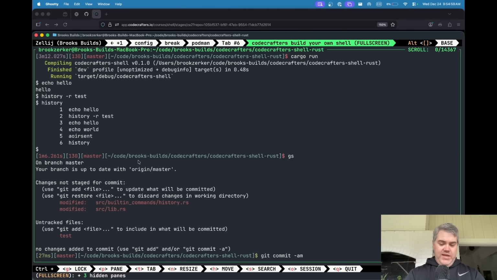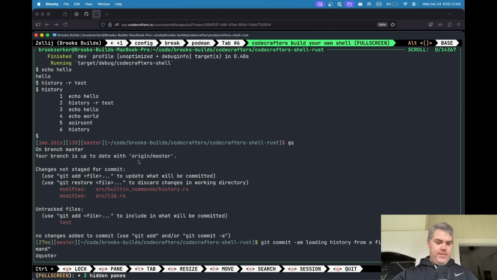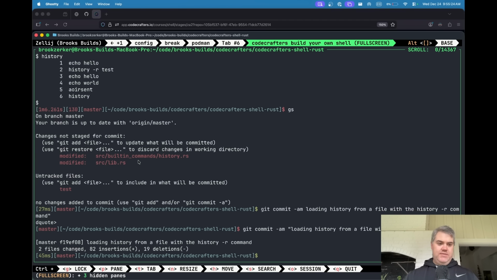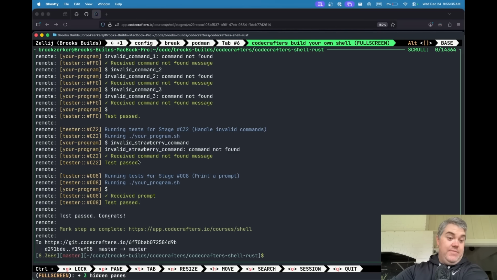Okay, so we're loading history from a file with the history -r command, which I know you can't see, it's behind me, but that's okay. What? Oh, I forgot that. Okay, let's push this, and I will open up my caffeine. Okay, tests all pass. So whatever weird thing I saw doesn't affect the test. Therefore, it's perfect, right? As long as the test passed, we're perfect. Okay, so